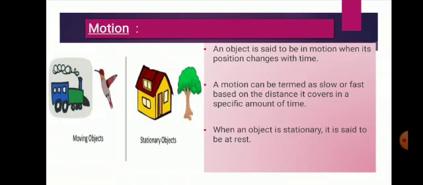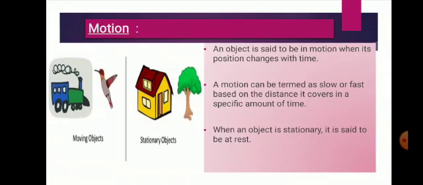Okay. So in science, when an object is stationary or not moving, it is said to be at rest. Thus a house and a tree are stationary, means they are not moving. So a house and a tree are said to be at rest. They are not in motion. Even the same object can be at rest or in motion at different times. For example, when a car is stationary, means not moving, it is said to be at rest. But when the car is moving, it is said to be in motion.